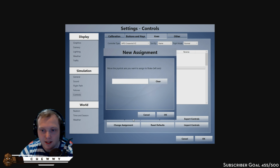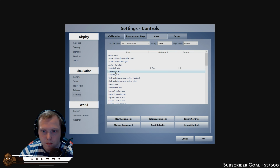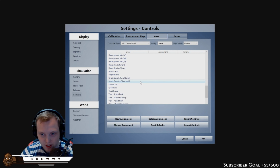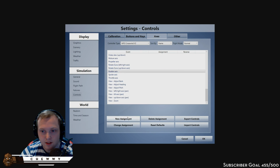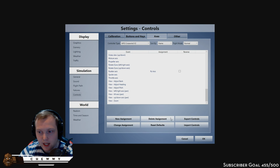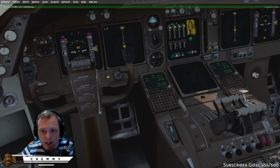Right. Brake left axis. X-axis. Good. Brake right axis. Y-axis. Okay, cool. So far, so good. And then I want the rudder axis. RZ. That's it. And then I'm going to export those controls just so I've got them saved, because as sometimes you guys know, it does mess up. So I'm just going to put that in files, and I'm just going to name them MFG V1 because they may change or something like that. And we'll accept those, and then hopefully...